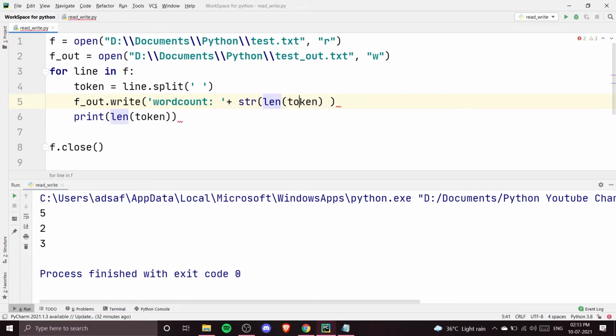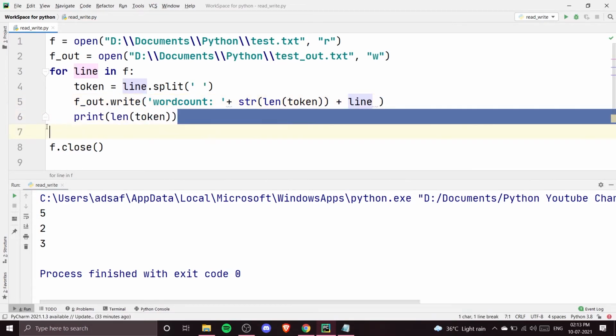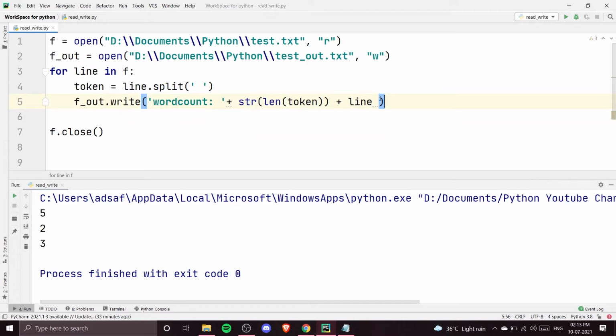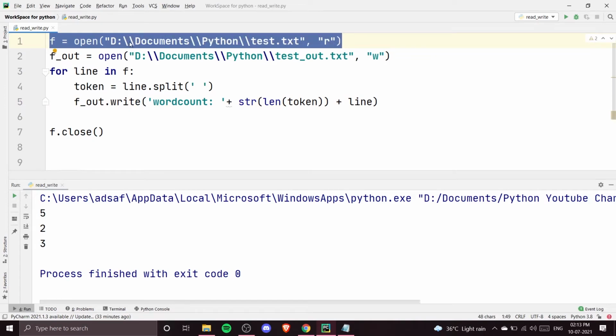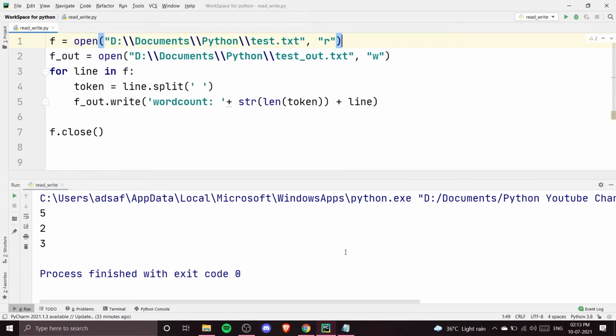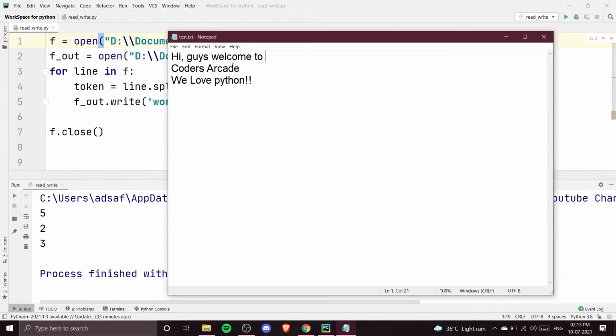So I'm going to write str, and then I am going to concatenate it with line. So if I write here line, and I'm going to just delete this. So what I have done here, you can see properly. First of all, we have read the main file, the main test.txt file, in which this was written: Hi guys, welcome to Coders Arcade.